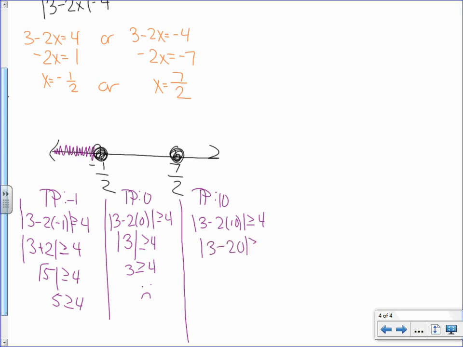Now 3 minus 20 is going to give you negative 17. But then we take the absolute value and you get positive 17, and 17 is definitely greater than or equal to 4. So I do shade over here,